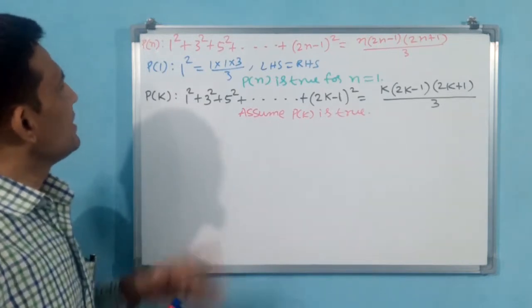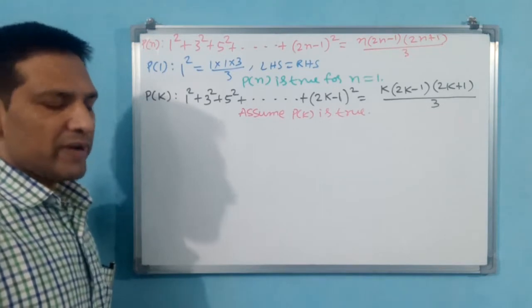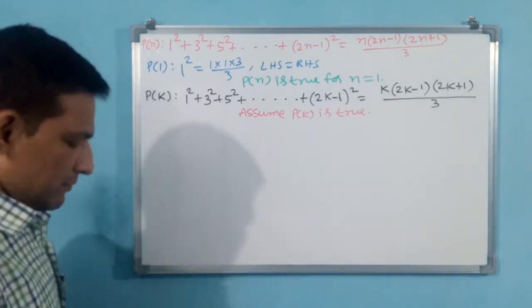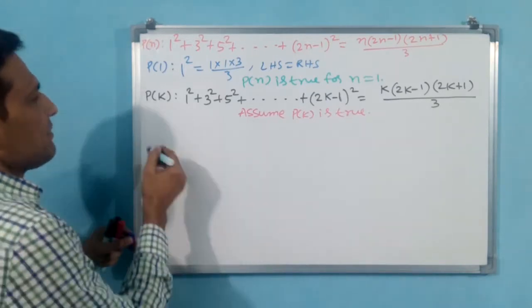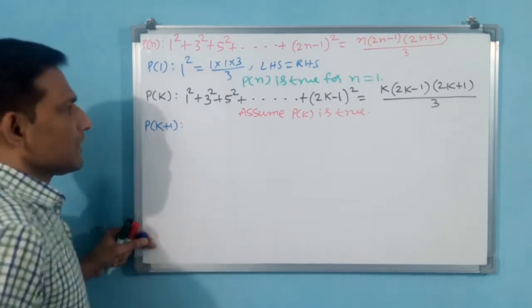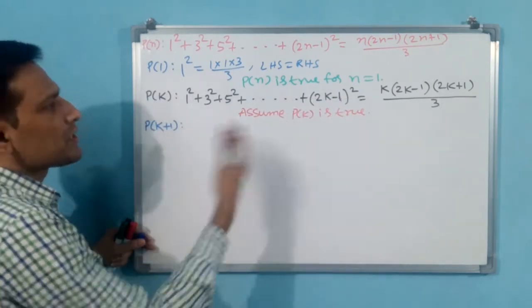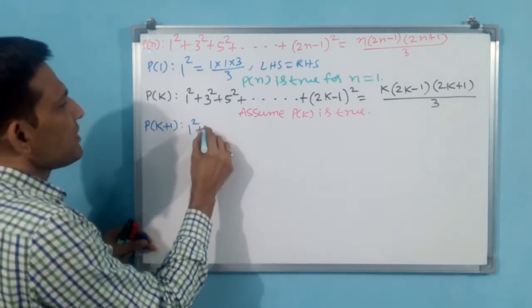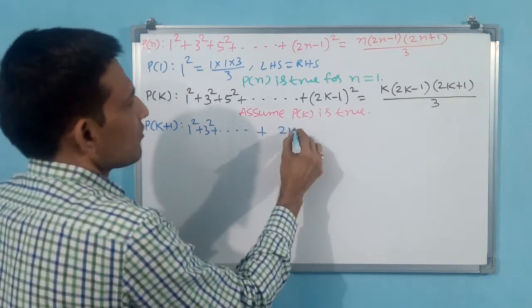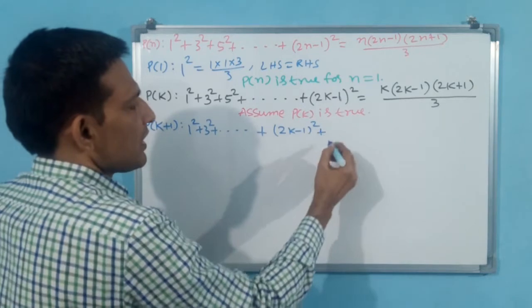Okay. Now you see Pn, P1, Pk, n are also over. All 4 steps are over. The final step is P of k plus 1. Let us write P of k plus 1. Okay. Now you see P of k plus 1. One step more you have to write. You write down first P of k, up to P of k: 2k minus 1 whole square. This is up to Pk, and then P of k plus 1.